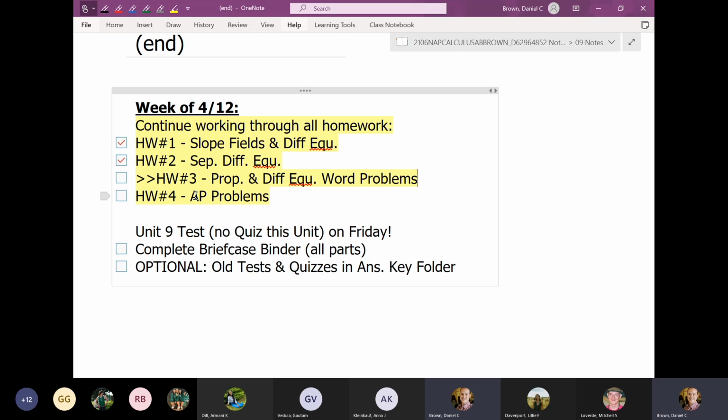So that being said, that's where I'm going to go ahead and wrap up today's notes. You are free to leave the meeting if you're good to go. I do hope you use this office hours time to get started on some of your